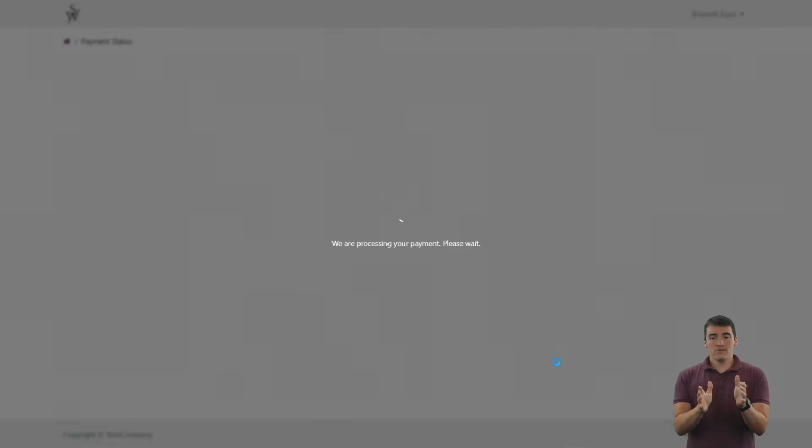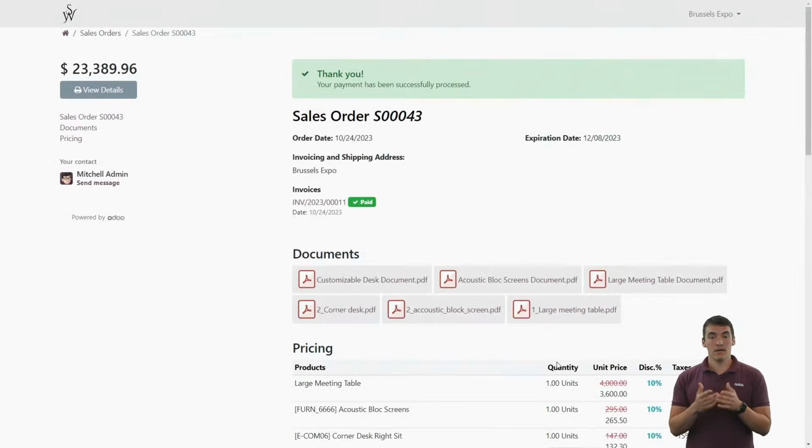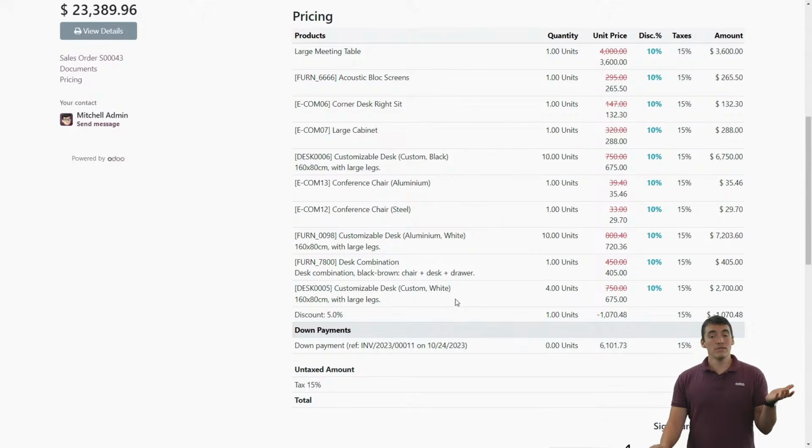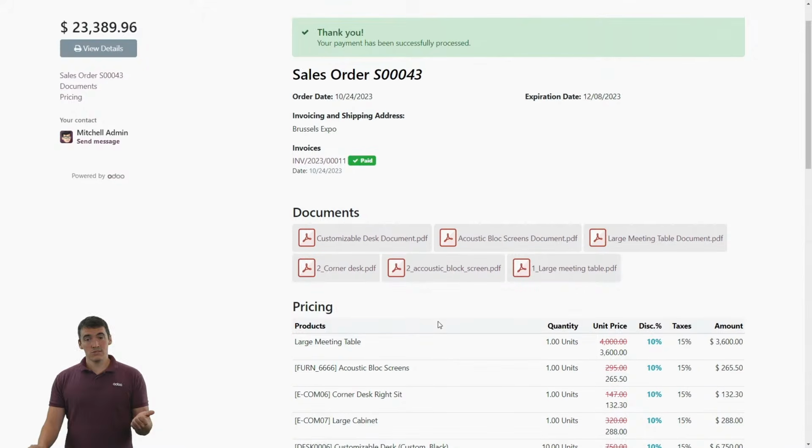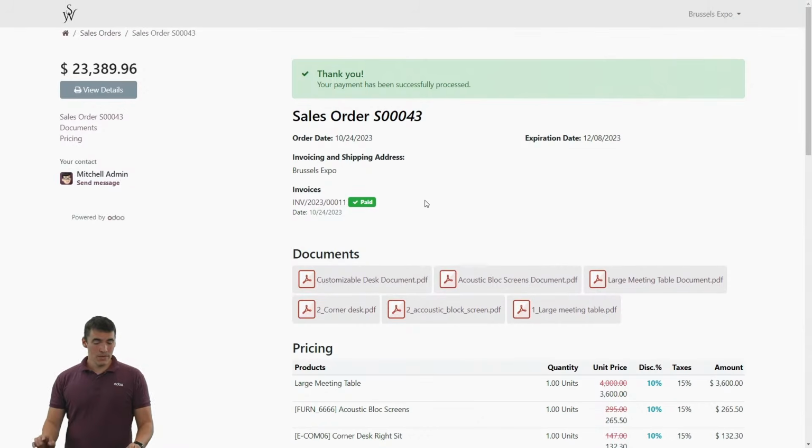And hopefully the payment will be processed and I will have my order confirmed. And as you can see, I already have the invoice with my down payment because I only paid for 30% of it. So my quotation is confirmed. I have the invoice with the down payment, and the salesperson has nothing to do. So let's now go back in the backend and see how everything has been configured